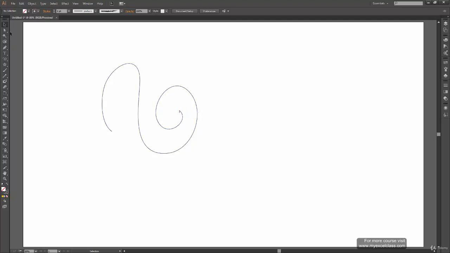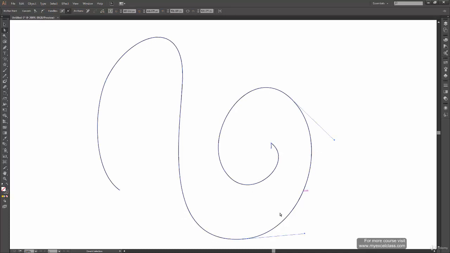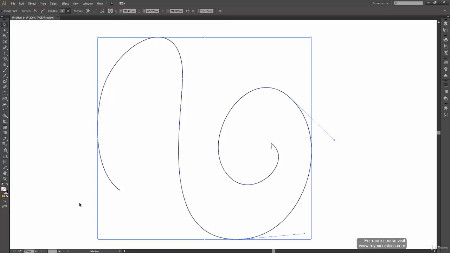So for that, what I can do is use my direct selection tool. To select this tool, either you can press A on your keyboard or you can click on this cursor on your toolbar. Alright, so what it does is when you select any shape, it shows you all the anchor points and control handles of that path. Now, what is an anchor point and what is a control handle? Let's see it. So let us select this shape first.